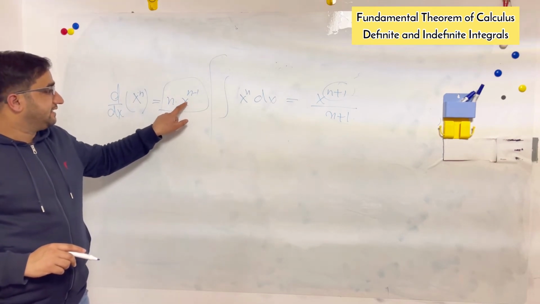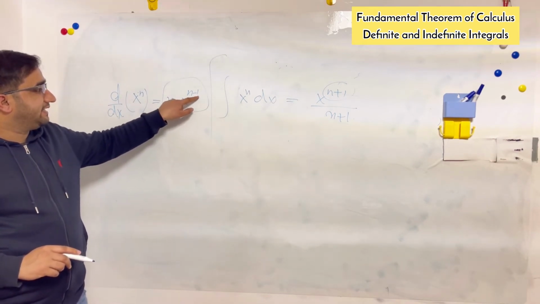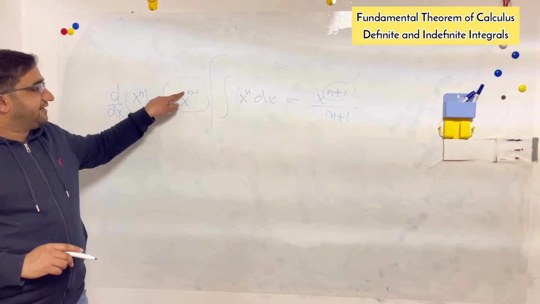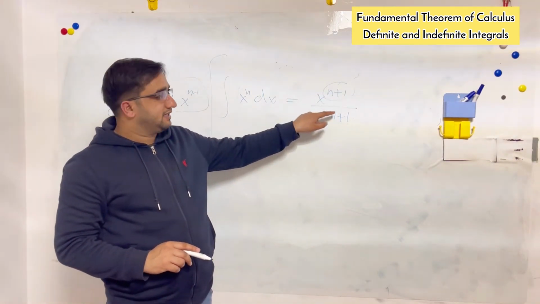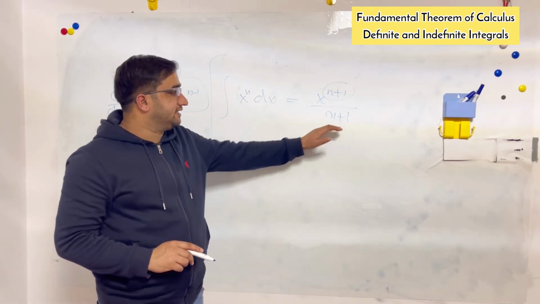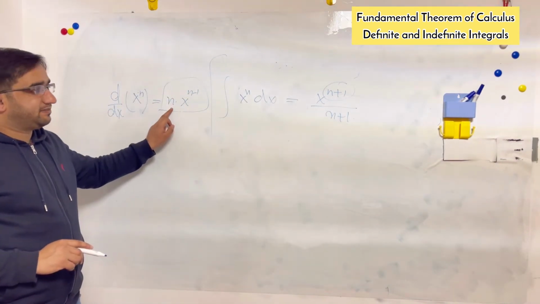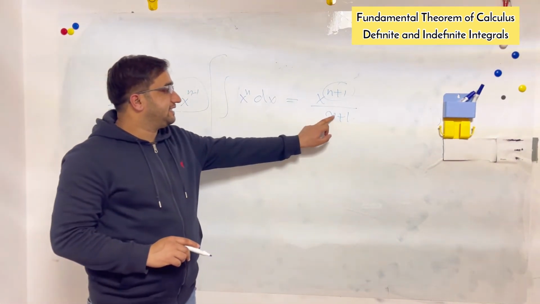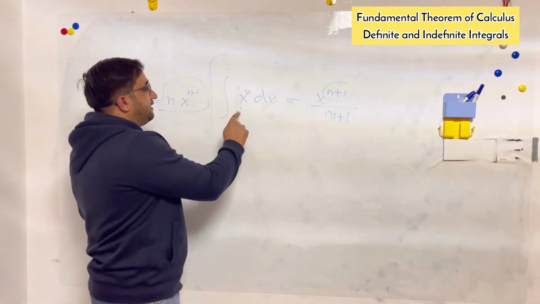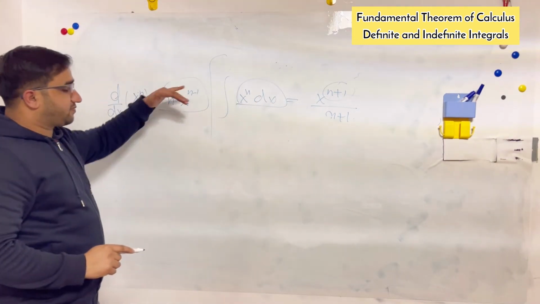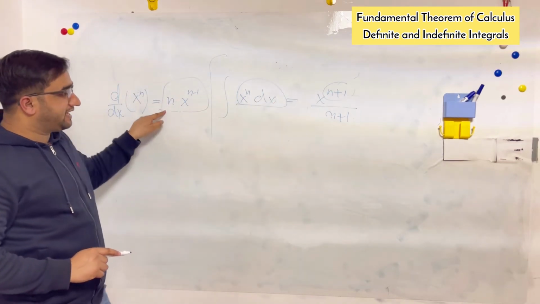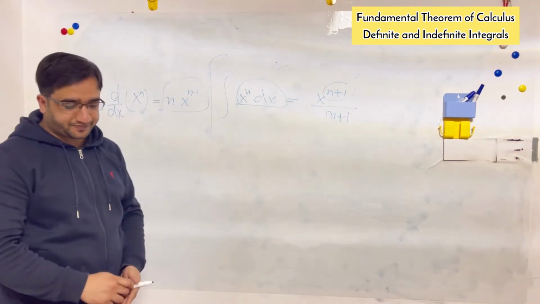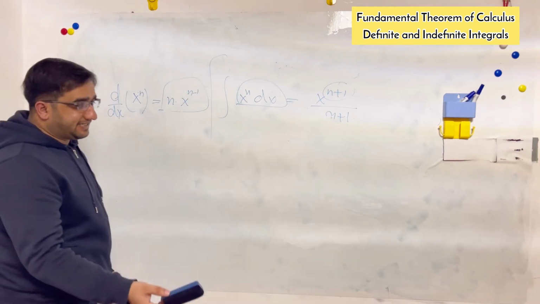In that case, you take the n down and the power is reduced by 1. Here the power is increased by 1 and the whole thing is divided. Here the whole thing is multiplied, so here the thing is divided. That's why these are reverse processes. If here it is added, here it is subtracted. Here it is multiplied, here it is divided. So in integration,